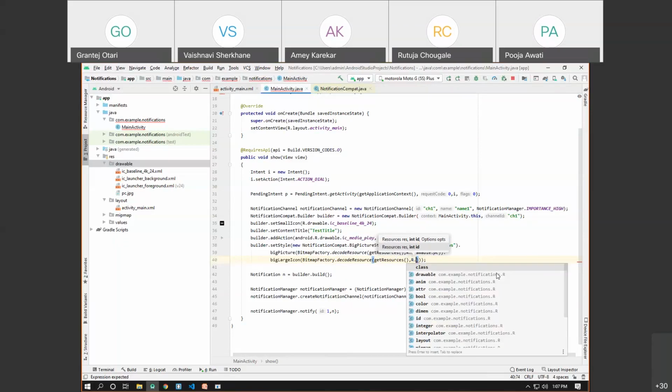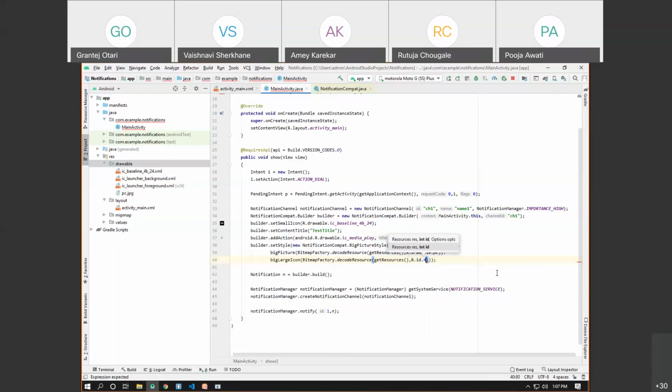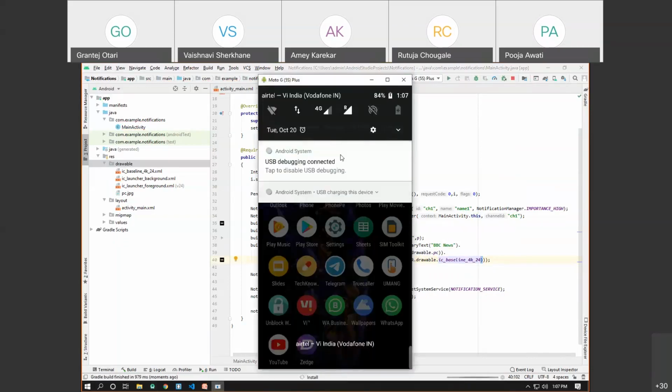So R dot drawable dot baseline underscore 4k. Now if you run the code, you will see a different image as a large icon.